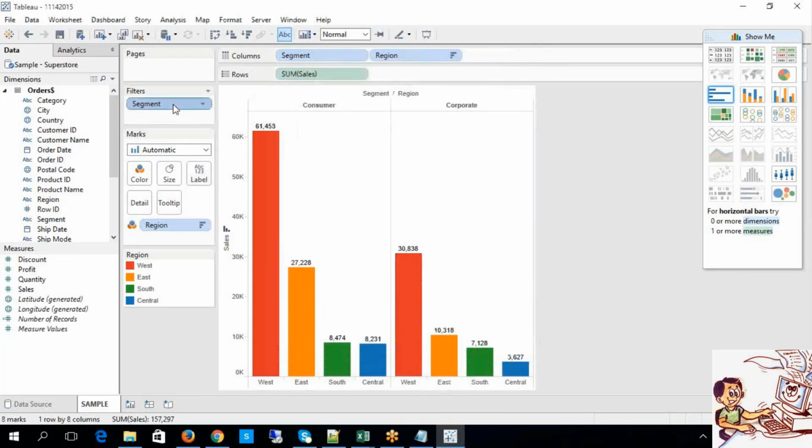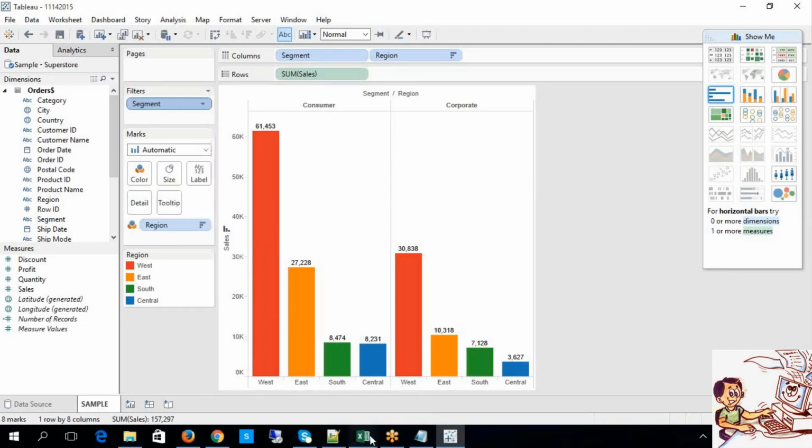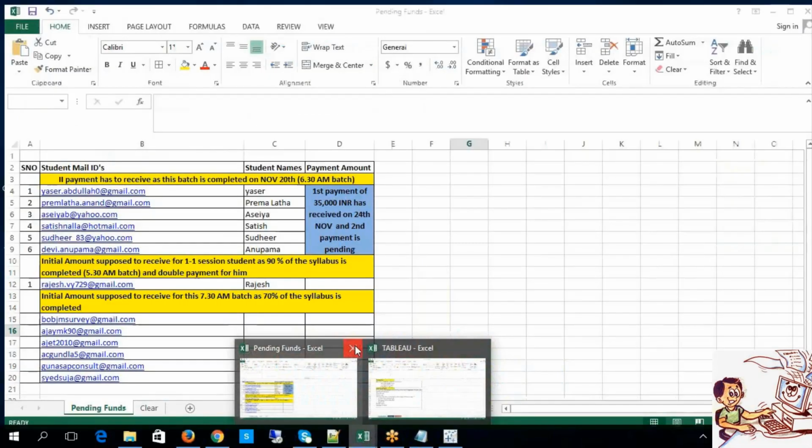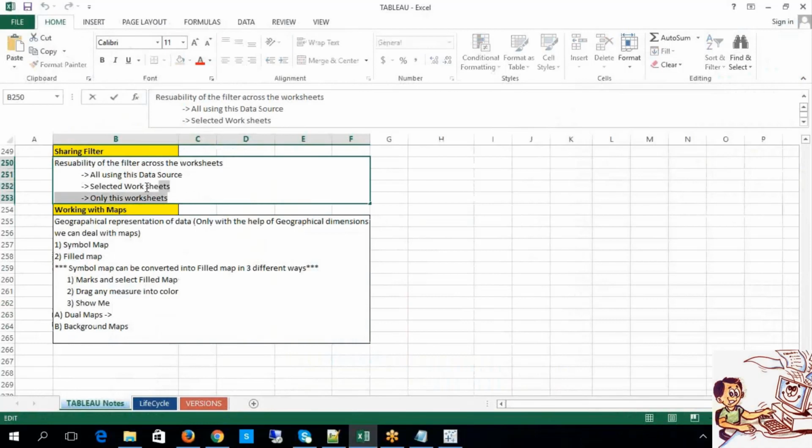Now, select that particular filter. What is that? Apply to. How many types of filters do you have? This filter applies to what? All using this data source or only this worksheet? You have three types of filters.